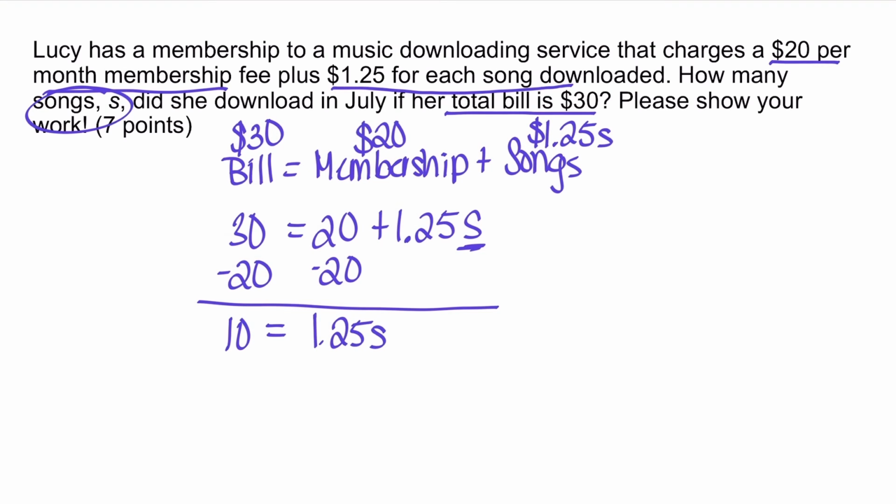Now to get S by itself, I need to divide both sides by 1.25. And when I do that, I get 10 divided by 1.25, which is 8. So 8 equals